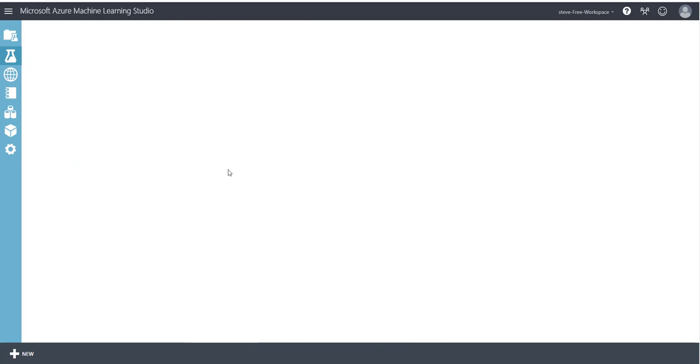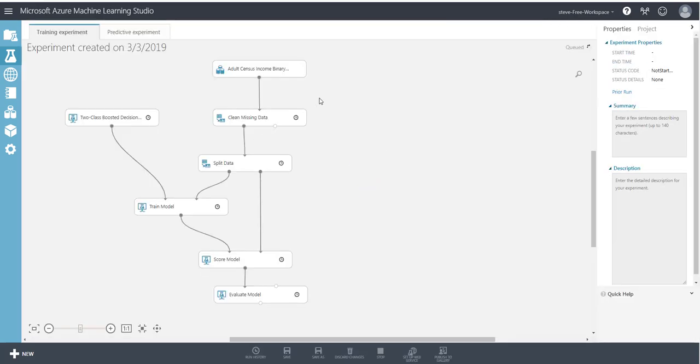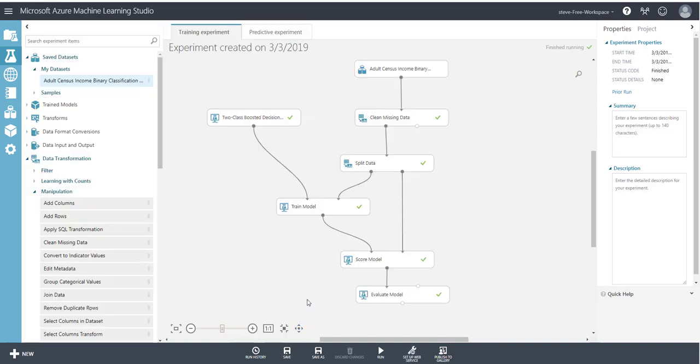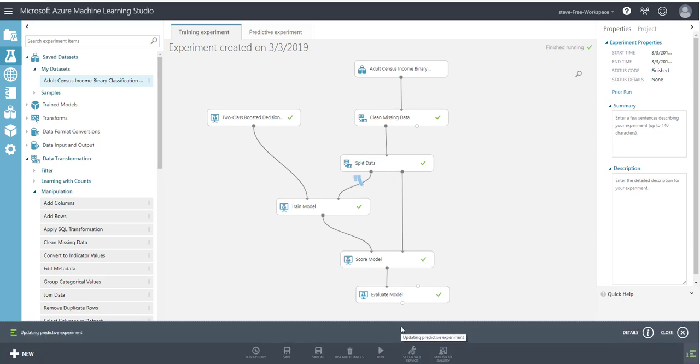So again, this is going to go through, initialize the data, initialize the algorithm, get the data, it's split, it's training. It's then going to score the model and do that evaluation when that's done. So that's done the experiment. We now need to do it, and this time it's changed to update. So we can update the predictive experiment, so that will go and